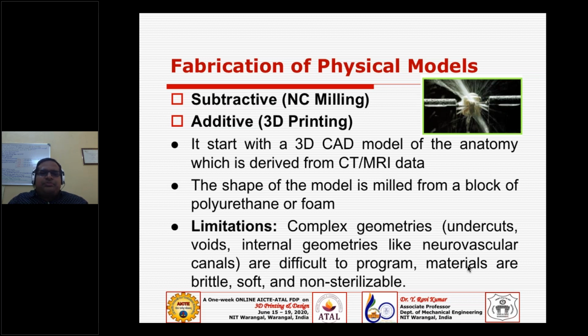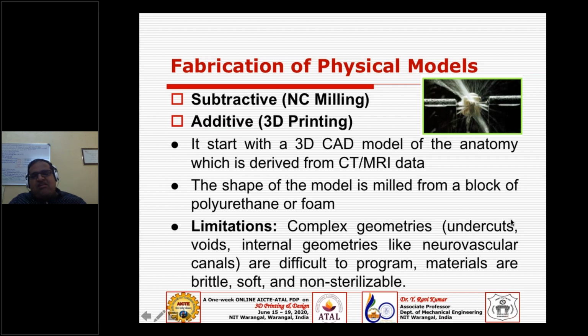So then how to make the physical models? Of course, 3D printing is ready for manufacturing now. Early 90s or late 80s this technology was started, so it is hardly 32, 33 years old technology. Earlier, people used to use NC milling, but the problem with NC milling is, as we know, that if the complexity grows, your NC or CNC needs a lot of investment, a lot of tooling investment, or a lot of fixture investment. So you have to do several things. But of course, it's a complex geometry. Why? Because it's God's design.